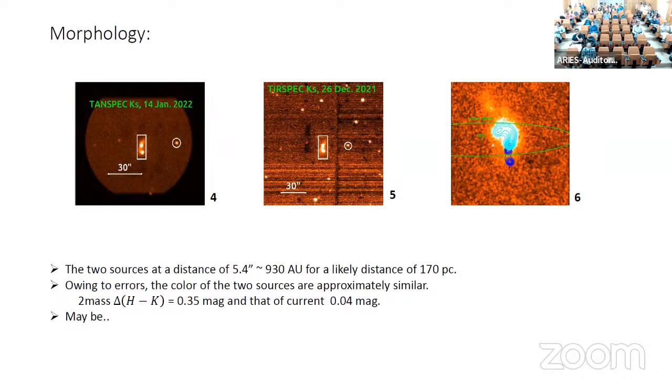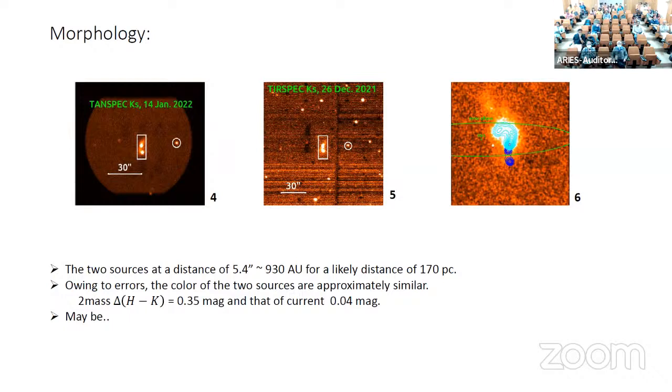So what are these 2 sources? If we see the 2MASS images in the JHK band, we can have an inference that there are 2 sources, but clearly they are not resolved because of the resolution. If we neglect for a moment their error in photometry, the difference in the color of the 2 sources in H and K band is 0.35 for the 1998 2MASS image, and from the current understanding from the TANSPEC image,